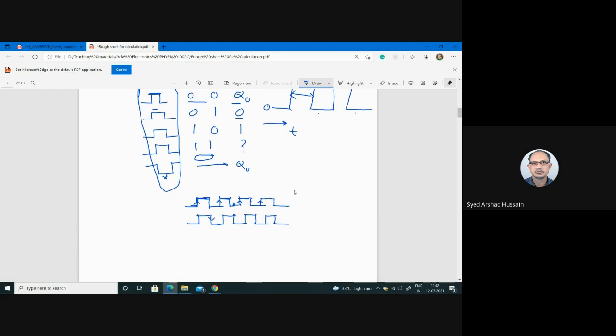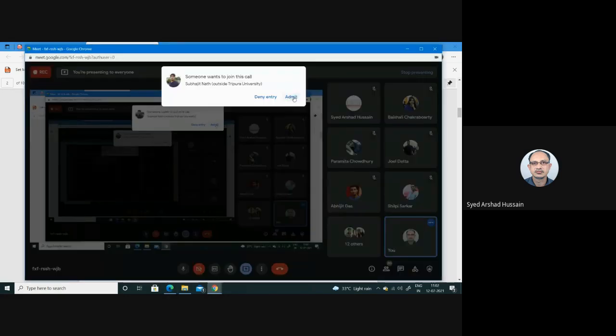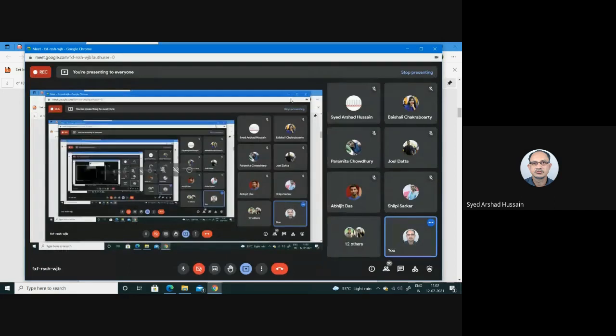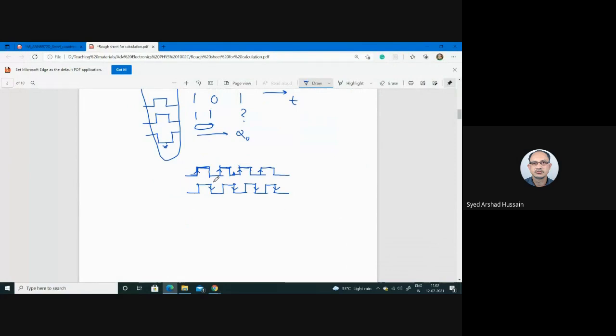Here, this is called negative edge triggered flip flop. What does that mean? Negative edge triggered flip flop means your output will change when your clock pulse transits or switches from high state to low state. This is called negative edge triggered flip flop. Okay, so in that case,